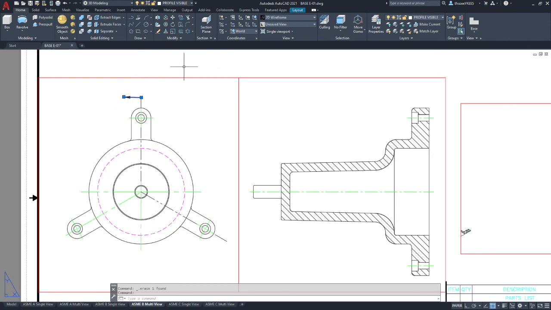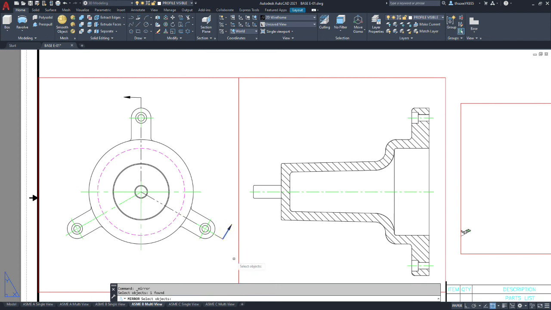Alright, so I'm going to do a rotate. Specify the base point as the center. And we're going to copy that at an angle of negative 120, so that we can have our arrow the same size, same shape, and we should be able to trim back the phantom line. Now the arrow is pointing the wrong direction, so we're going to go to a mirror and select the leader line.